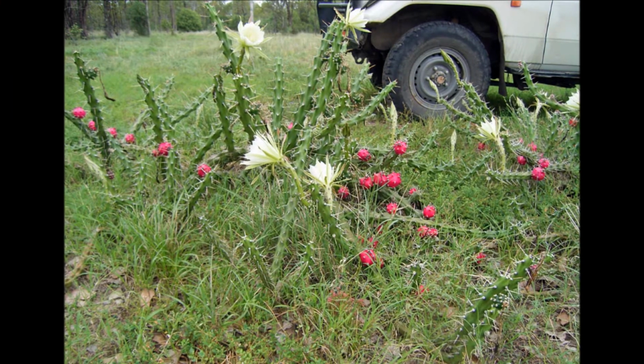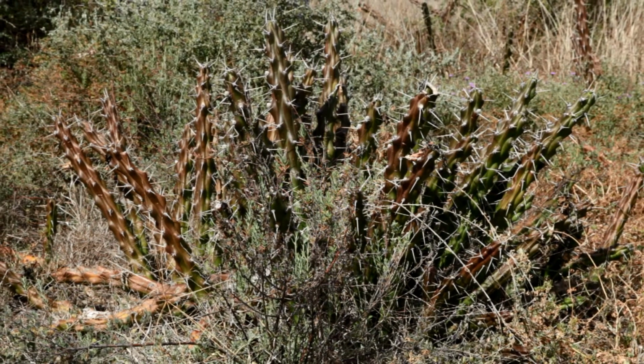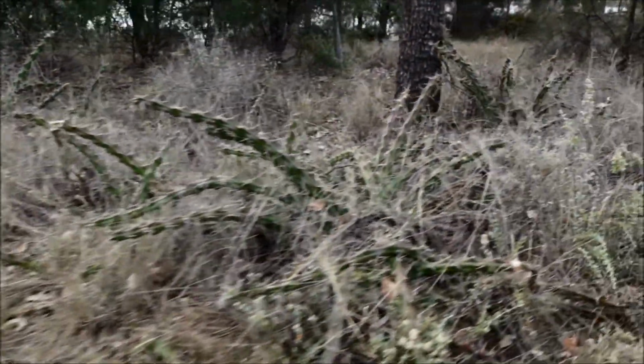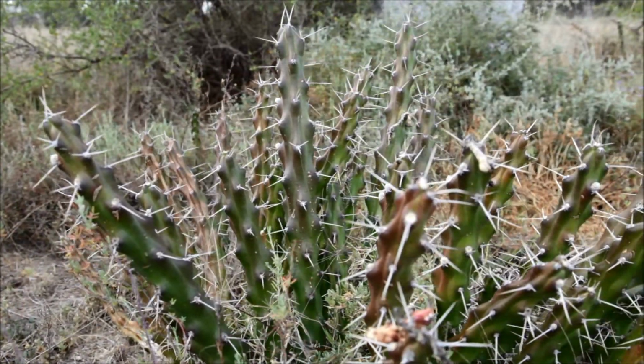Harrisia cactus is a native of South America, particularly Argentina and Paraguay, and was introduced to Australia as a garden plant in the 1890s. It was recognised as a serious pest in the Collinsville district of Queensland in 1935. By 1950, it was rapidly spreading south. It has become a serious problem in southern Queensland and has spread across the border into the Boggabilla and Yetman